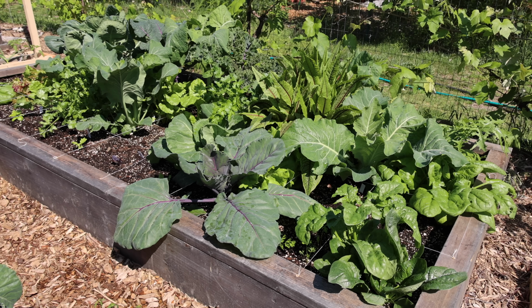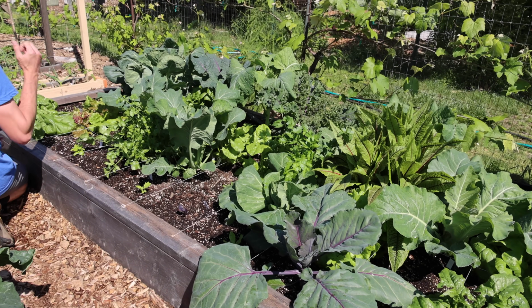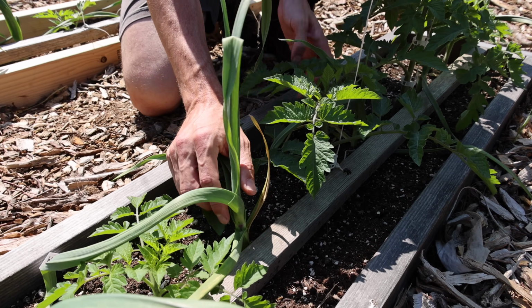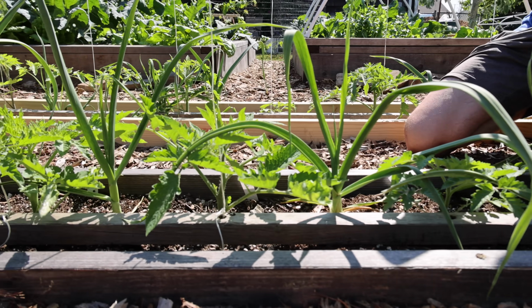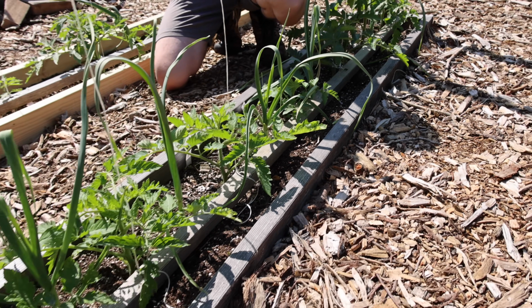When it comes down to it, diversity in a garden can often lead to balance and stability. Some plants deter pests for one reason or another, maybe because of their odor or maybe a reason we don't even understand. Let me bring you over to an example. You'll notice I plant garlic between all my tomatoes in my trellis because garlic is a deterrent to spider mites, aphids, and Japanese beetles. Garlic also has some antifungal properties, which can help reduce the risk of my plants getting